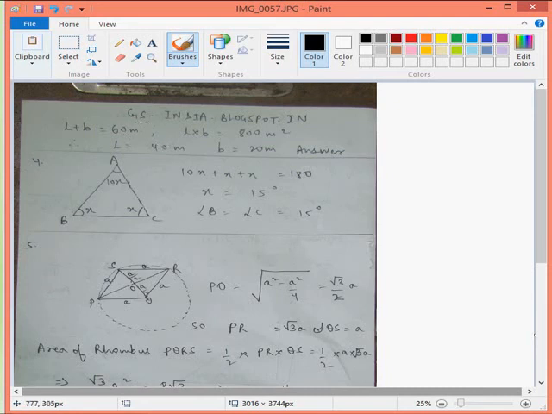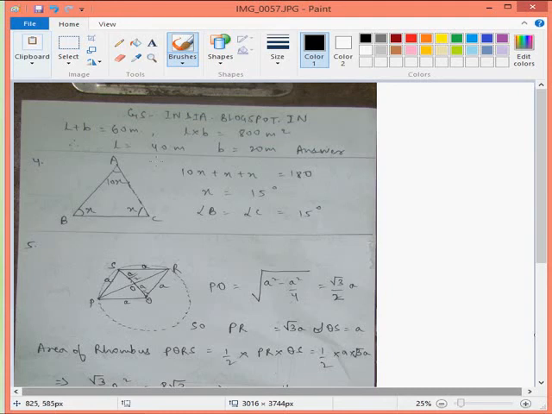Coming next, I have not made the quadratic equation here, but this is very easy. You can write either L is equal to 60 minus B, or you can also write that B is equal to 60 minus L, and then you replace this B equal to 60 minus L in this equation. Then it will be something like this: L into L minus 60 is equal to 800. Then you can solve it and you will get the answer as L equal to 40 meters, that is length is 40 meters and breadth is 20 meters.